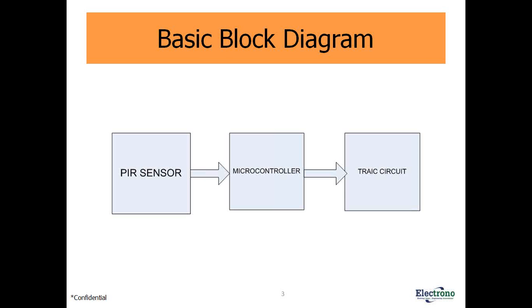So for example, let's consider this smart system. Here we have one PIR sensor. That means I need one input pin to connect to my microcontroller, so my microcontroller should have at least one input pin. It's again connecting to 4 DIP switches. That means it requires 4 more IO pins. It has one control to the bulb, so I should have one output pin. So if I consider this system, my controller should have at least 6 IOs plus VSS, VCC, and